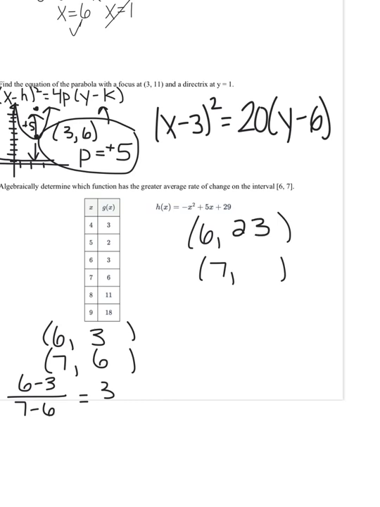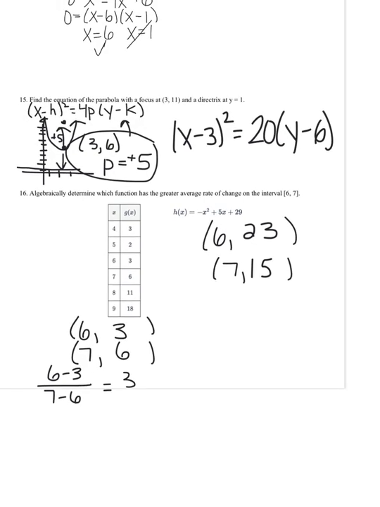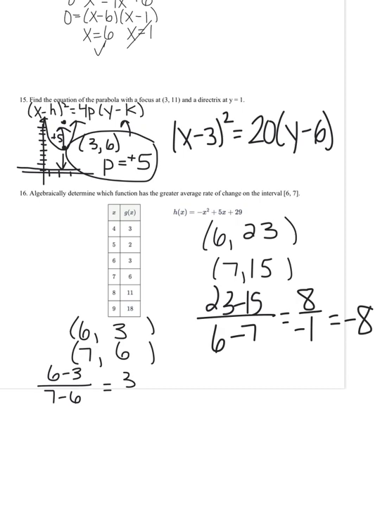And when you plug in 7, you get 15. So you plug this into the slope formula as well. So 23 minus 15 over 6 minus 7. That will give you 8 over negative 1, which is negative 8. So which one has the greater average rate of change? H of x